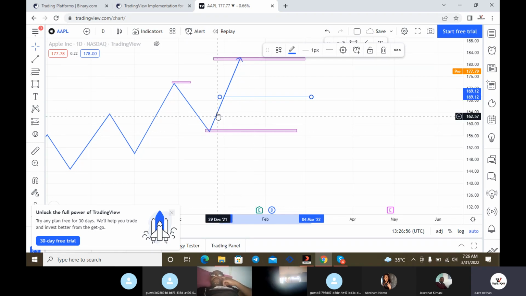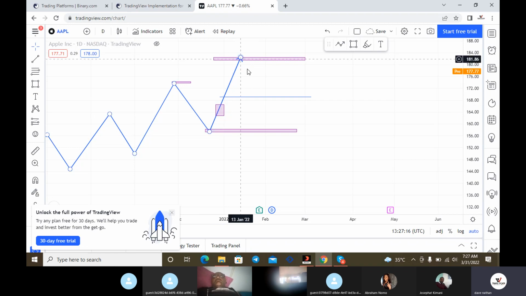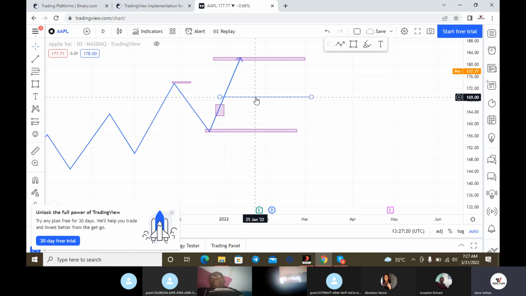And let's say we had another block at this point. Let me just create something here. Let's say this is the last bearish candle. As long as it is below the 50 level, you can take that trade. All right, but if you have that bullish candle here, I won't consider taking a buy